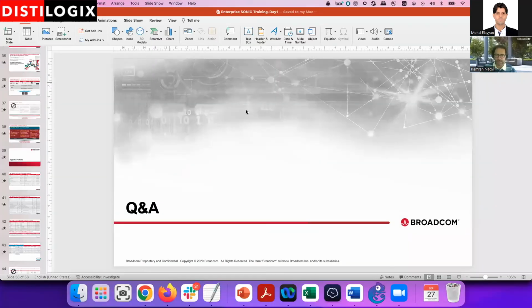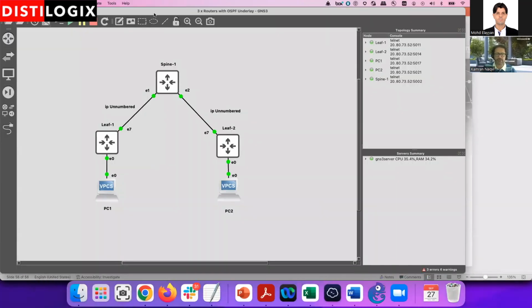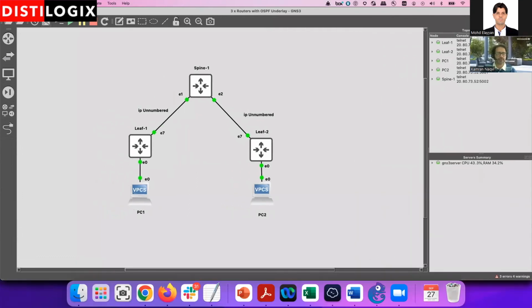So let's come out of the presentation and go to my GNS3. Hopefully you guys can still see my screen. So this is the topology I'm running, guys. It says IPN numbered, but let me delete it. Let me just actually type